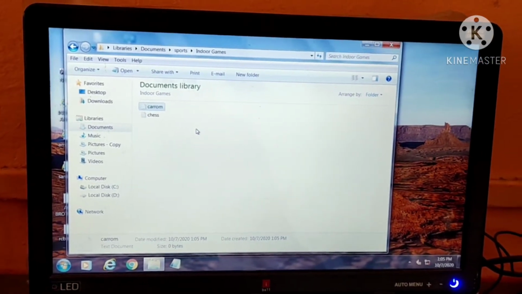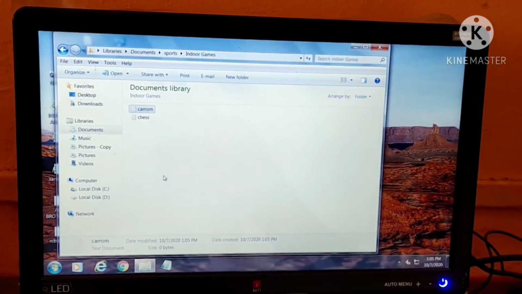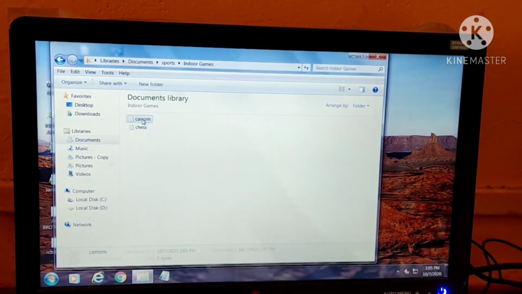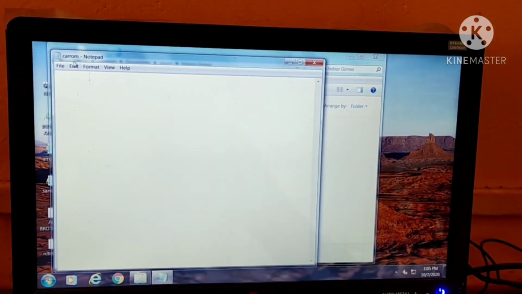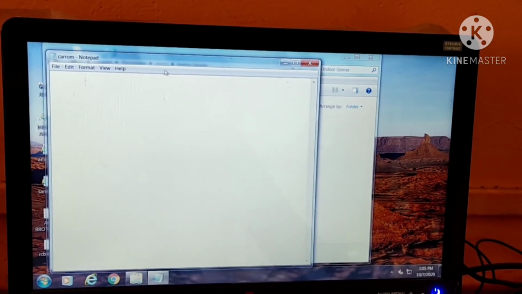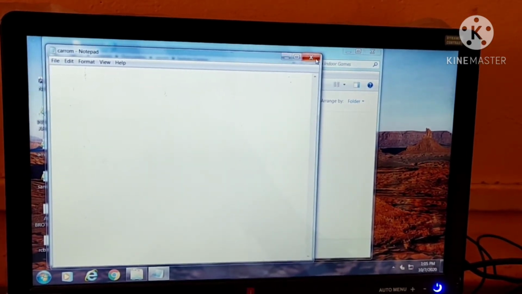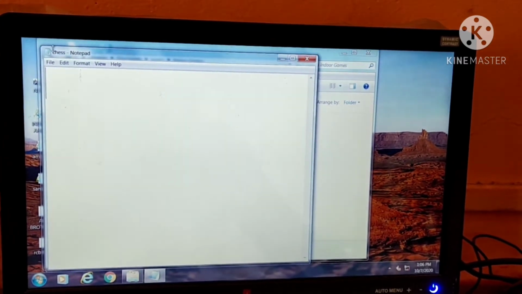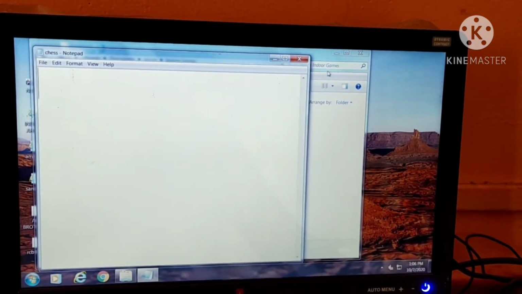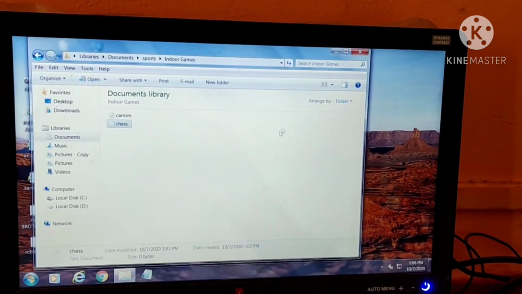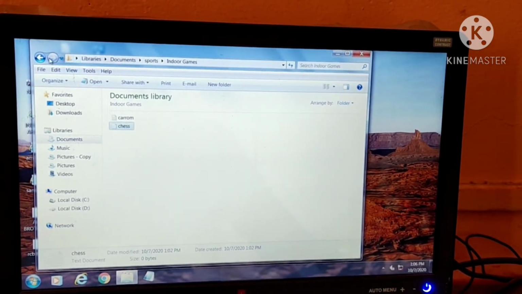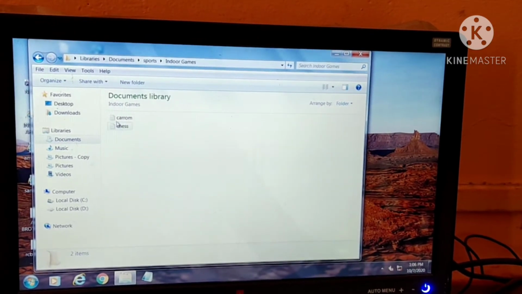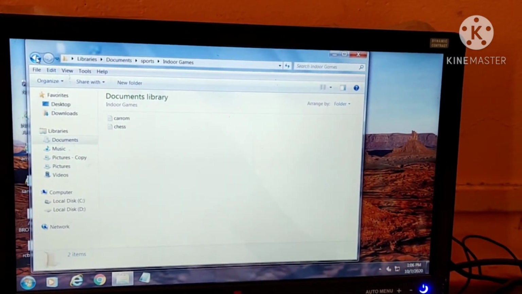So here two files we have created in the indoor games subfolder. You can see carom, a text document, so it is a notepad file. Just close it. And the chess. You can see in the title bar that two files we have created in indoor games. Going back to indoor games, two files, carom and chess.